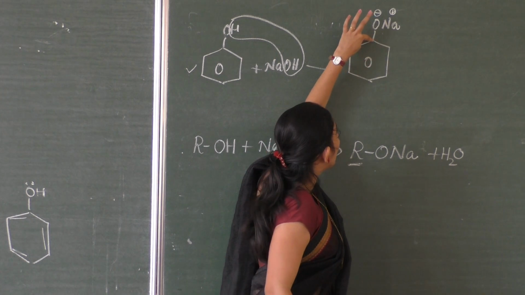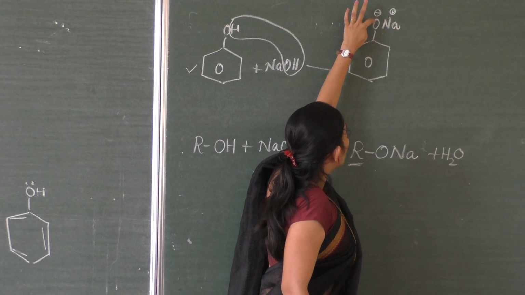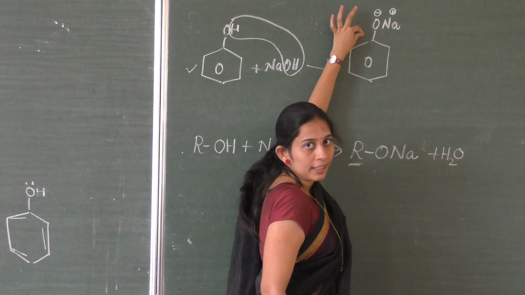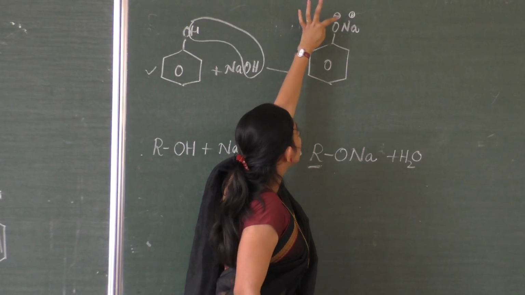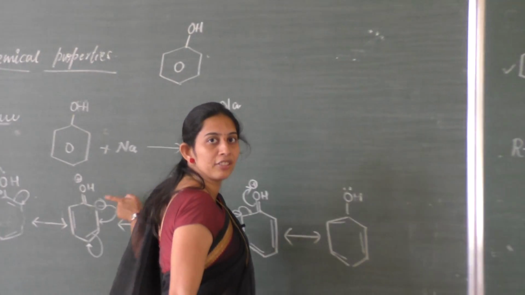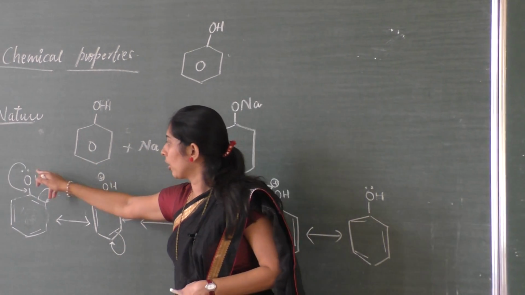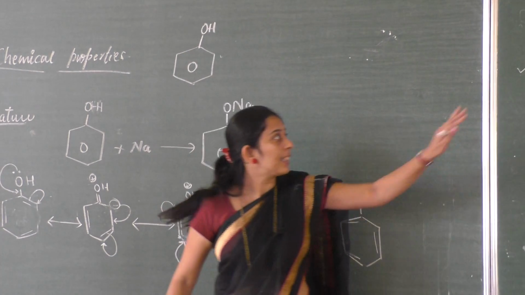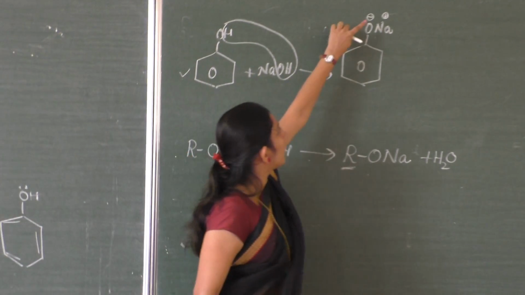So because of the high electron density on the carbon atom, the polar nature of this oxygen and carbon bond decreases when it forms a phenoxide ion, because it already has a negative charge. Phenol doesn't have a negative charge. In phenol, a lone pair of electrons is there, and we are shifting that lone pair of electrons. Hope it is clear. Whereas in a phenoxide ion, it already has a negative charge.